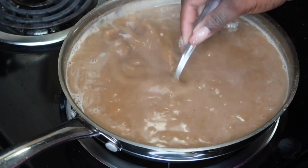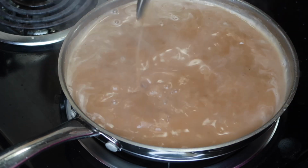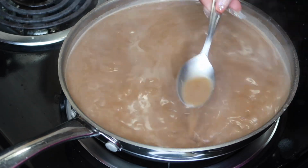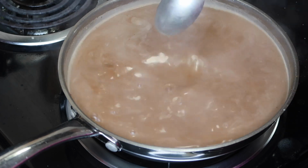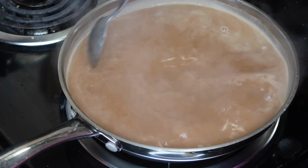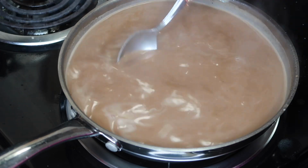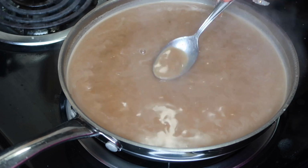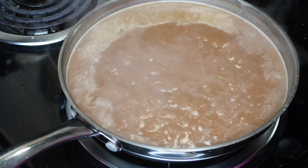All right, and you know what, I may go ahead and show you a slurry, because when you make gravy, you want it to coat the back of that spoon, and you see how it's not quite coating the spoon. So I'm gonna go ahead and make a slurry and show you how to do it, but I'm gonna taste for flavor right now. Okay, so we need more salt,